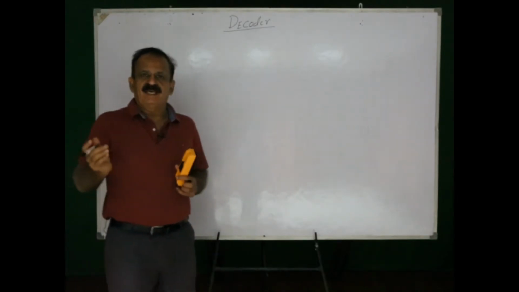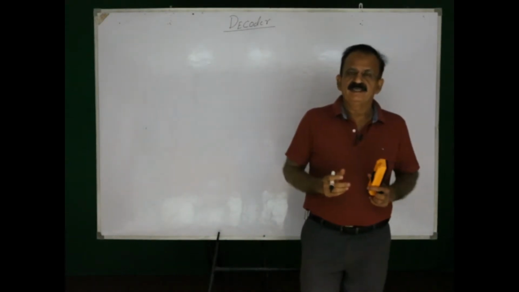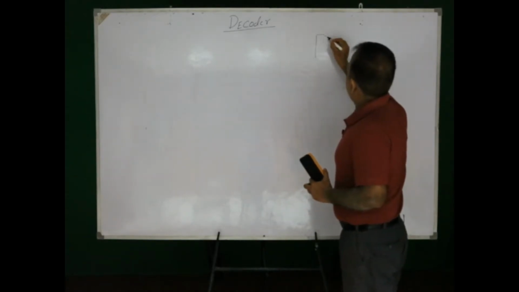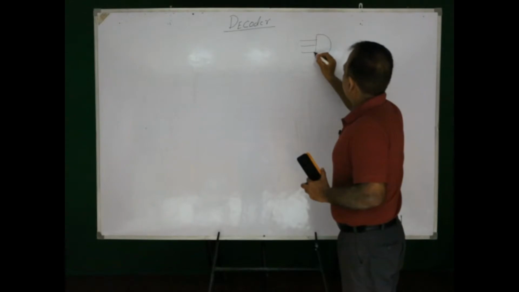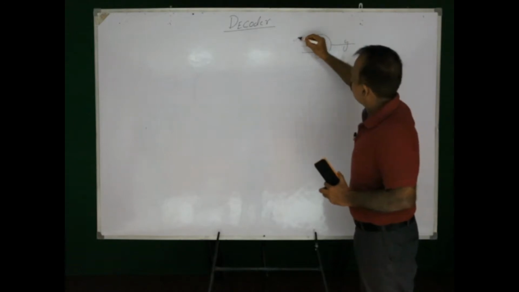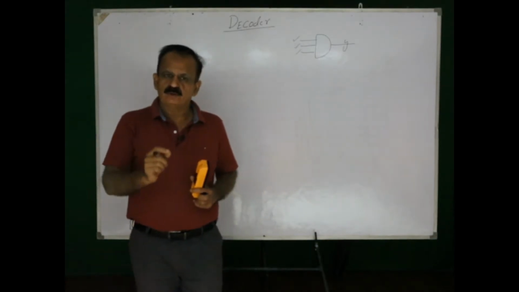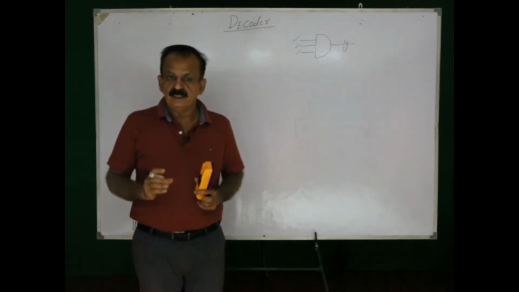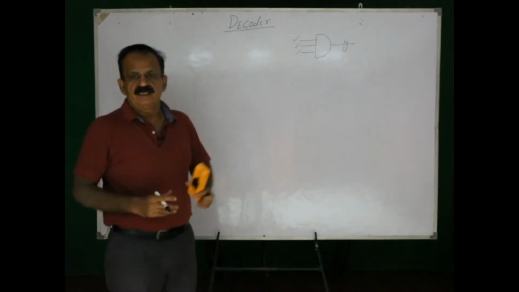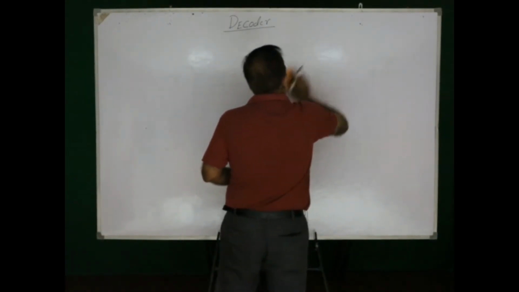We will be having 4 inputs here, the binary number, and the 10 outputs, and that will be the decimal numbers. We will be using AND gates for this circuit, and I hope by this time we understand that the output of an AND gate will be high if all inputs are high. In an AND gate, if any of the inputs is 0, the output is going to be 0. The output will be high only when all the inputs are high, and this logic we will be using in this decoder circuit.